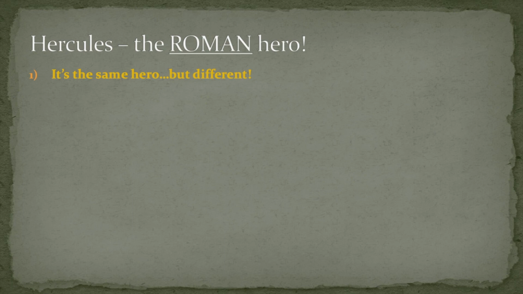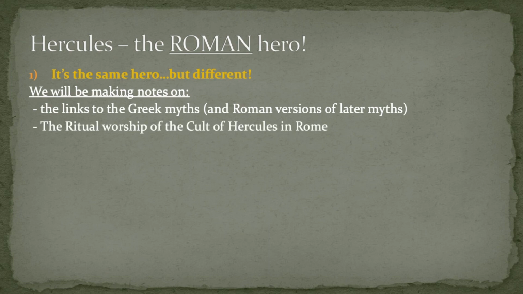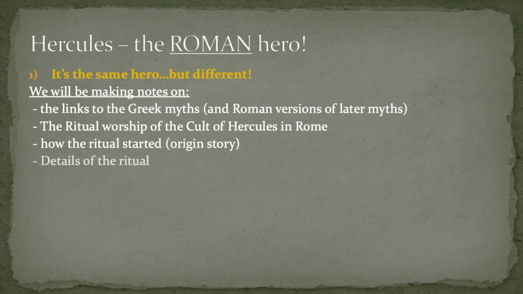this unit. So we're going to be making notes on the links to the Greek myths and the Roman versions of later myths. When I say later, I mean after the Labours, which are the most popular of the myths about Heracles or Hercules. The ritual worship of the cult of Hercules in Rome. We're going to be looking at why that came about, according to myth or legend, and how it was done. How the ritual actually started, so the origin story of that ritual, the details of the ritual, and